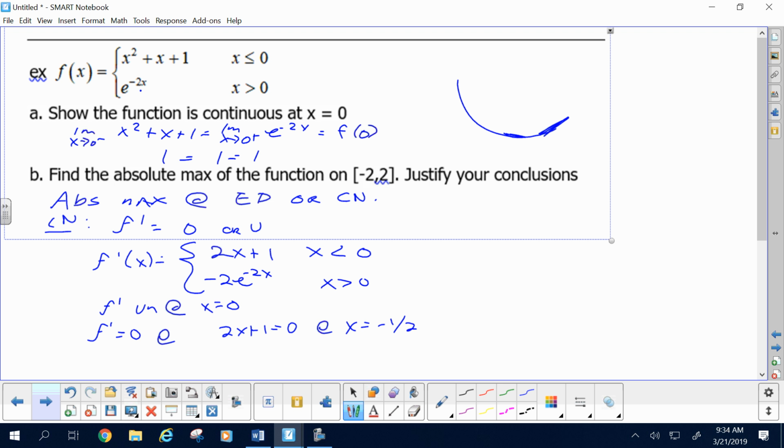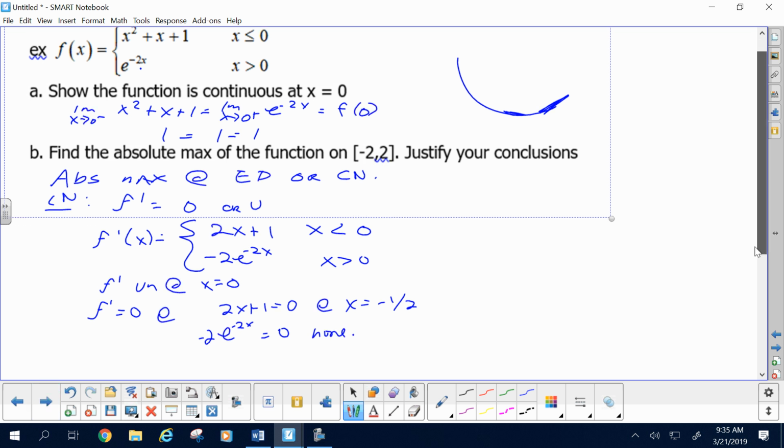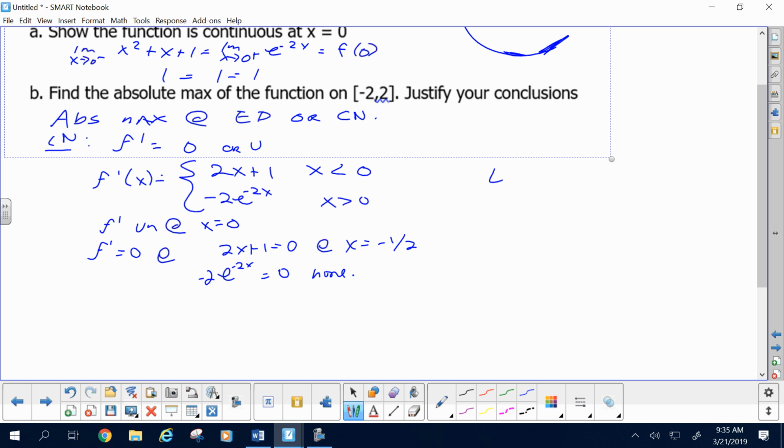And then what about e to the -2x? Does that equal 0? Ever? No. All right. So our candidates are the endpoints x equals -2 and 2, and the critical points x equals,